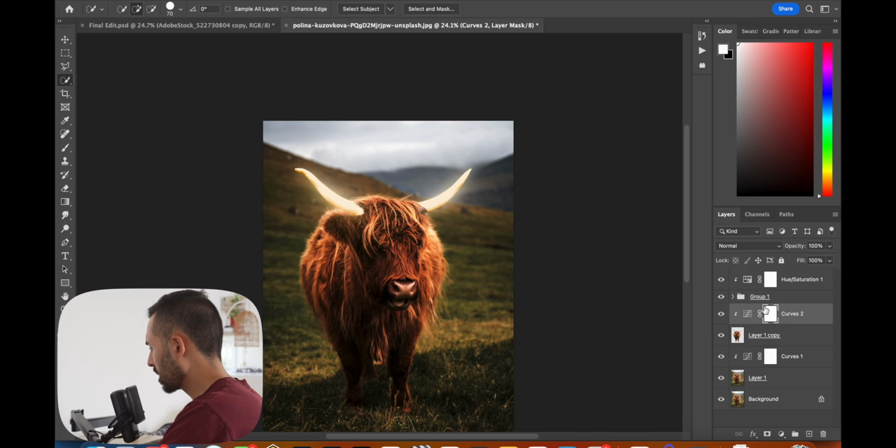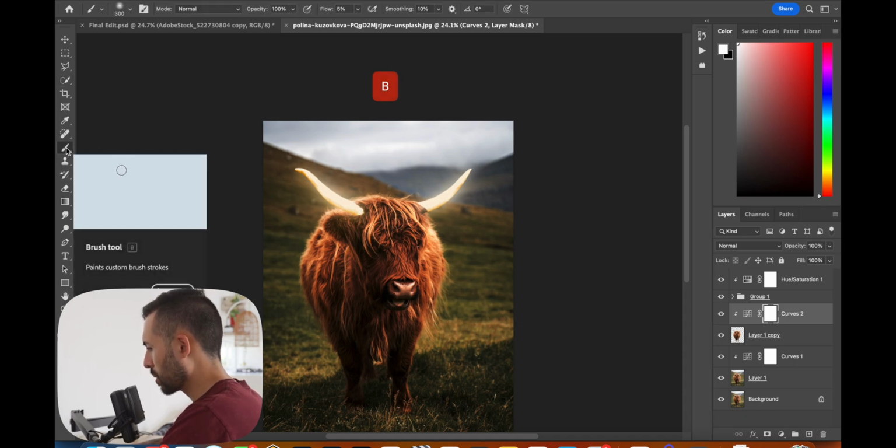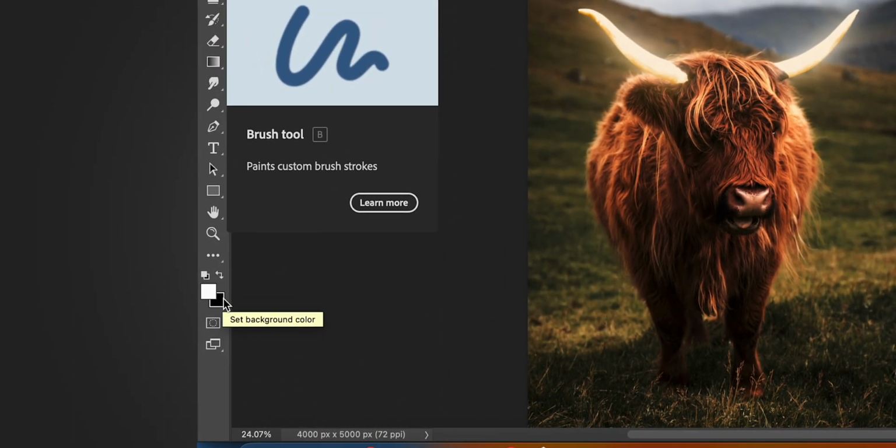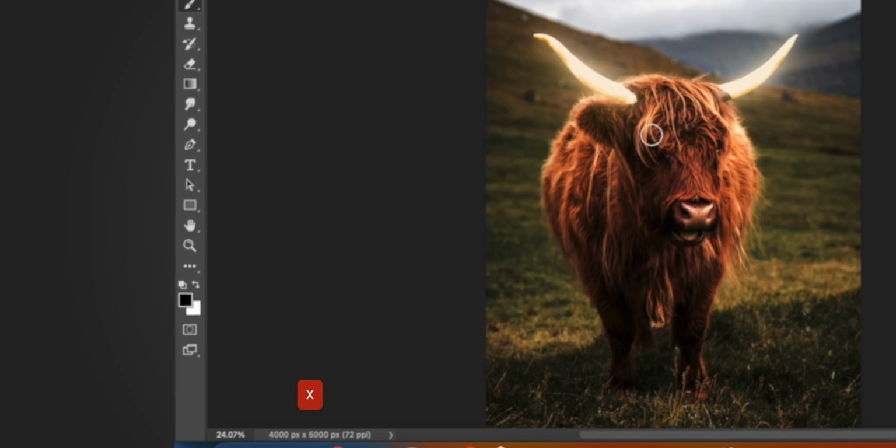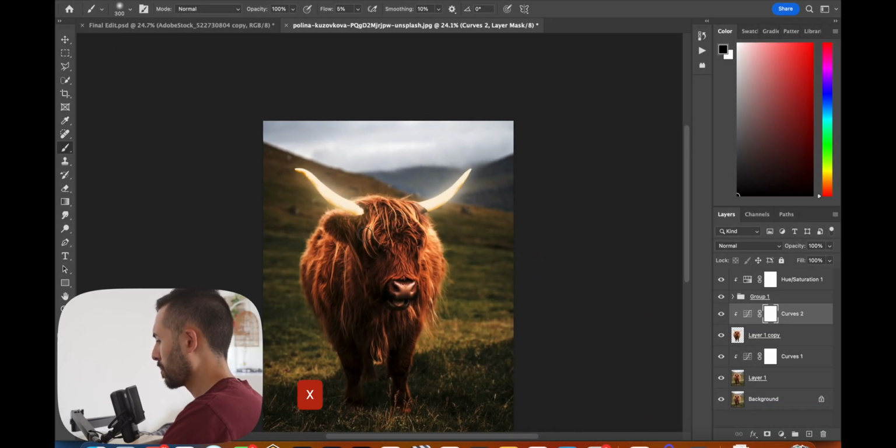Now select the layer mask that's attached to the adjustment layer and go into your brush or hit B. So you can click the brush here or just hit B on your keyboard. Make sure that your foreground color is set to black. So it will by default be white or black. At this point it's white. So if you just hit X, it'll switch to black, which means it's removing parts of that layer just so it's not affected. So if we increase our brush size, I'll make flow maybe